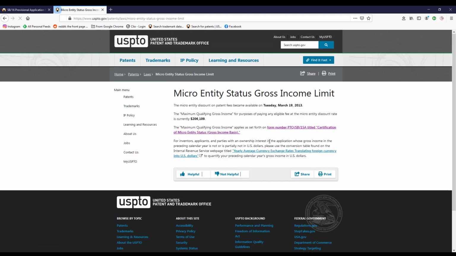Okay, so usually there's a gross income limit. These change every year. This year it looks like it's up to $206,109. So if you make less than that as your gross income, then you are able to claim